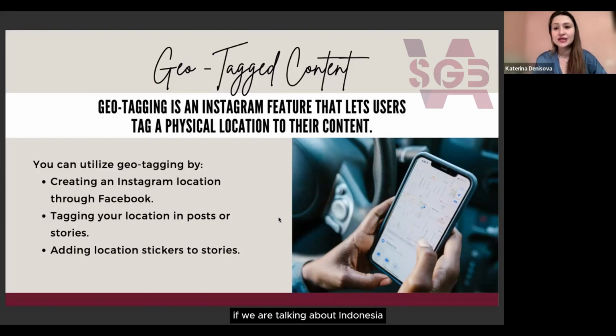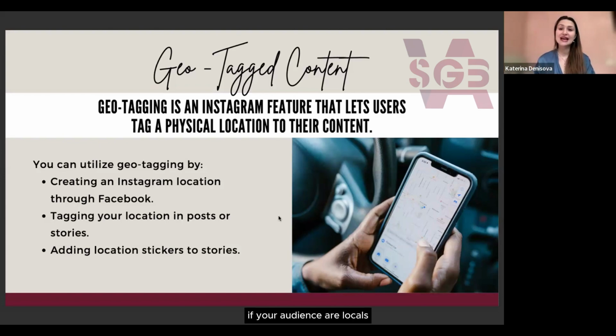If we are talking about Indonesia, I would suggest you put geotags of the most touristic places, especially if your audience are tourists. So please put Bali, Kuta, etc., because it might help the audience to see your content.